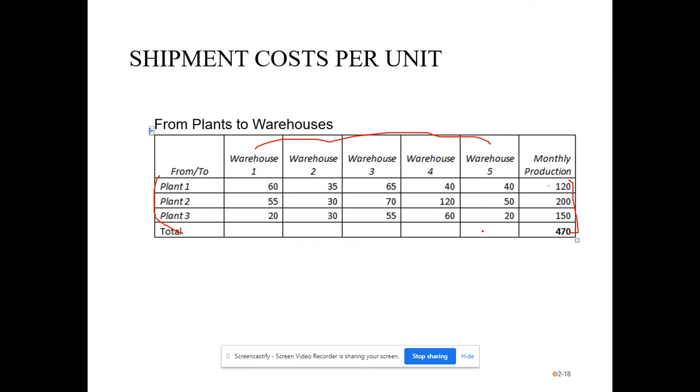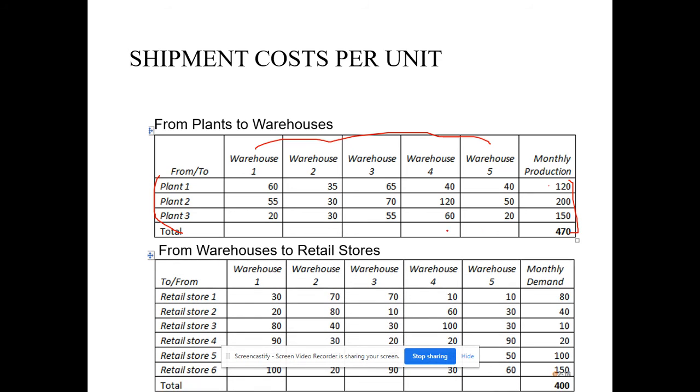It has to be more than the total demand from the retailer, not from the warehouse. So let's see, from warehouse to retail, this is the second stage. There are six retail stores and these are